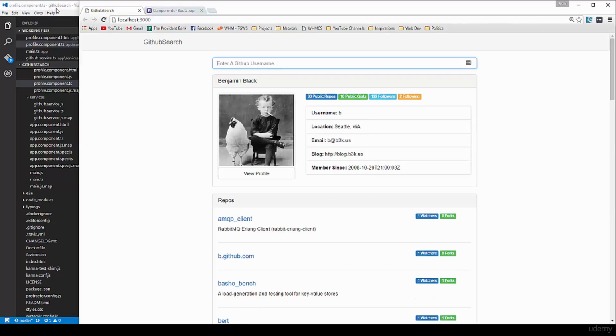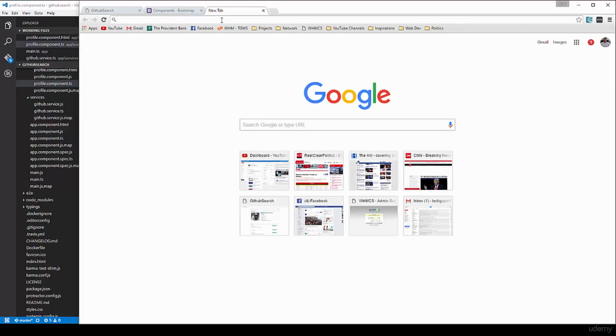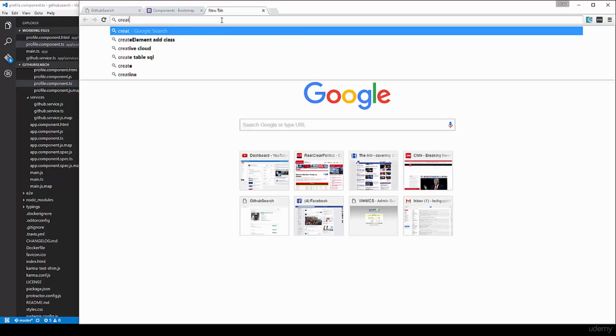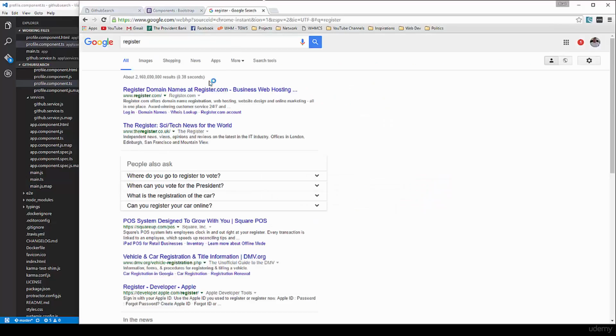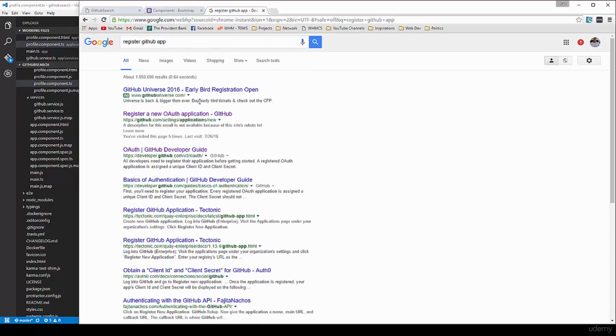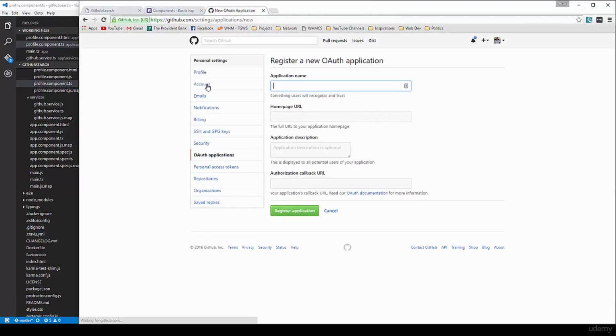So the application's done, but if you get to a certain amount of requests, it's not going to work anymore. Alright, and the reason for that is we didn't include an API key or a client ID, whatever GitHub calls it. So what we can do, I don't know the exact URL, but let's say register GitHub app. And right here, register a new GitHub app,